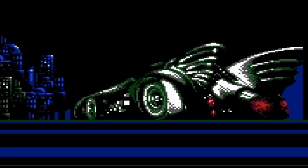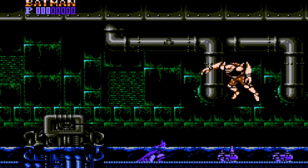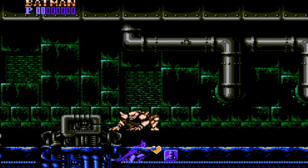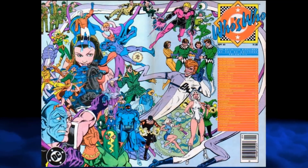Speaking of trademark vehicles, there are no Batmobile or Batwing levels, just some cutscenes involving them, and the game totally ignores the museum set piece. Instead, we get some sewers and the Joker's lab, which is way too high-tech for a street-level gangster, even one adept in chemistry. It's kind of cool that Sunsoft obviously consulted a who's who of the DC Universe issue to